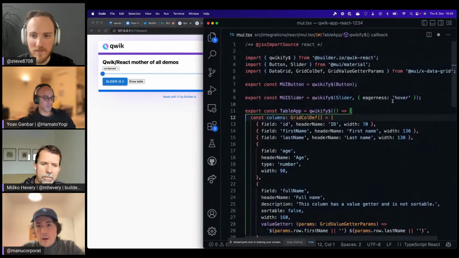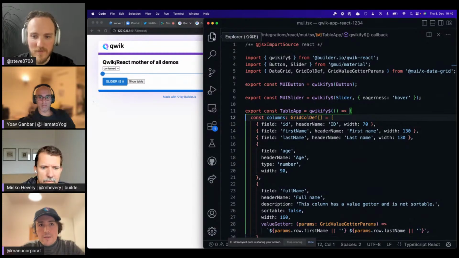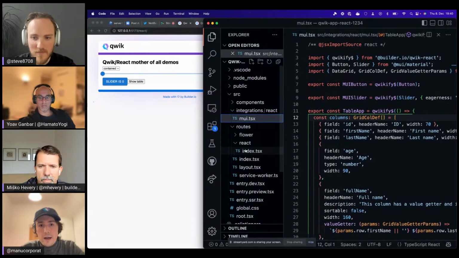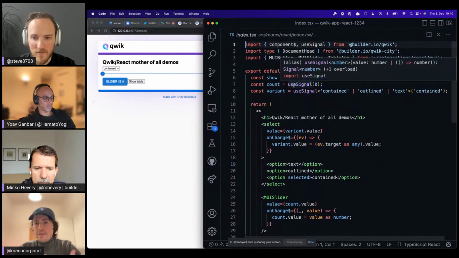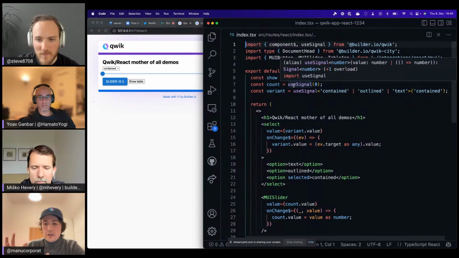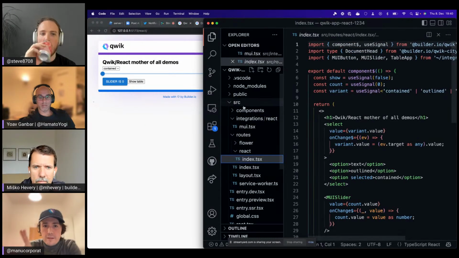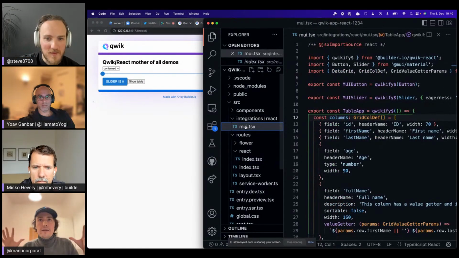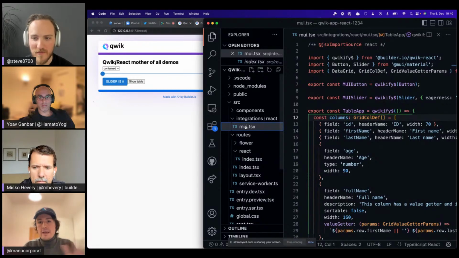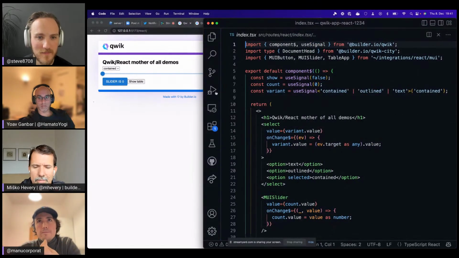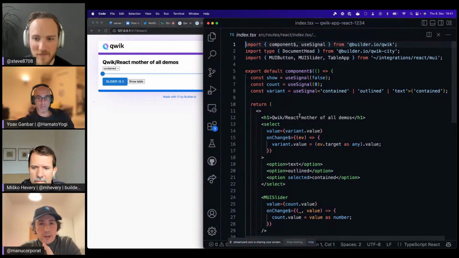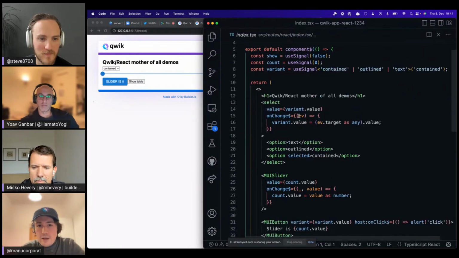So what Steve mentioned is, do I need to actually hydrate this component, or how does it work? The idea is that in your application, you have this file over here where you Qwikify, and you get just a Qwik component, just like the rest of the components you have, right? One of the properties of a Qwik component is that it will not run any JavaScript by default, and that's literally what is happening here.